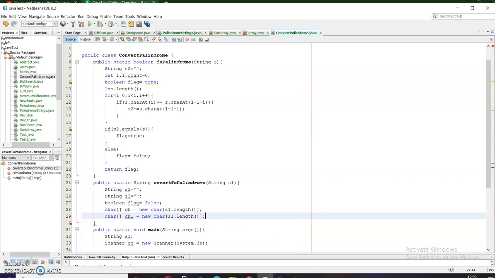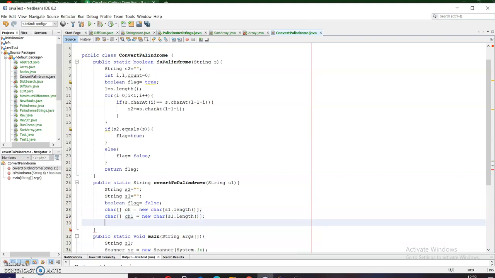Yes. Now what I will do is take out the first character and store it in a string s2. So string s2 plus equals ch1 of I. So before this, I need to traverse through each of the elements of my string.